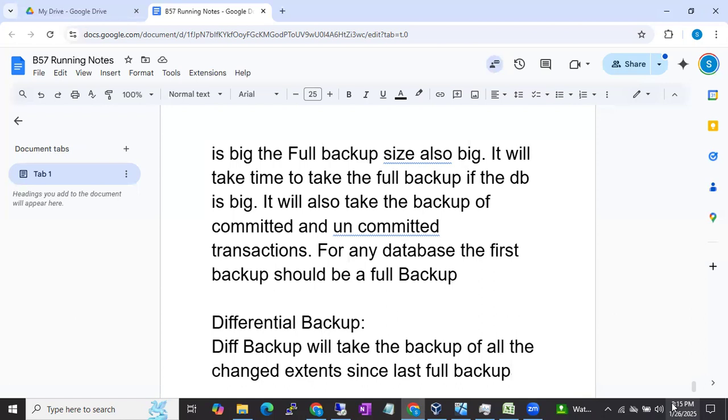Differential backup will take the backup of all the changed extents. You know the extent meaning. The data will be loaded inside the extents, right? It will allocate extent by extent. Extent is nothing but a basic allocation unit. When you are writing something to the table, it will allocate the space in terms of extents. So differential backup will take the backup of all the changed extents since last full